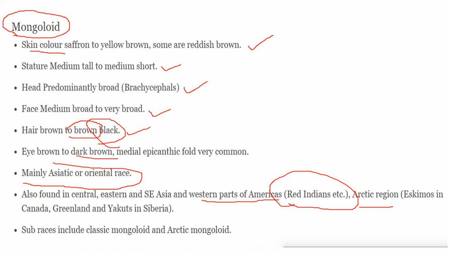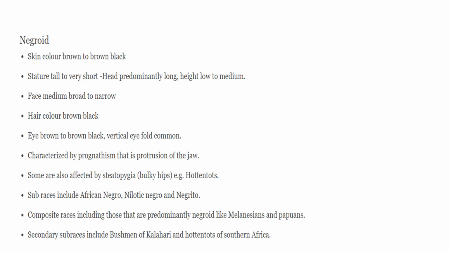Then in the Arctic region, they are known as the Eskimos, in Canada, Greenland, and Yakuts in Siberia. These are the most cold regions: Siberia, Greenland, and the northern part of Canada. Okay, it means these people are mostly found there, whereas this is the last race of human beings, and this